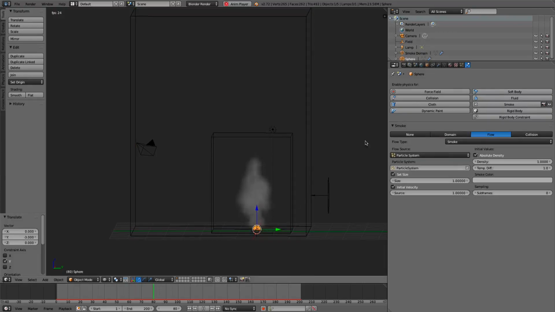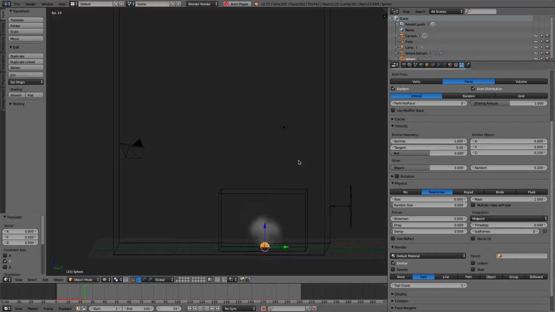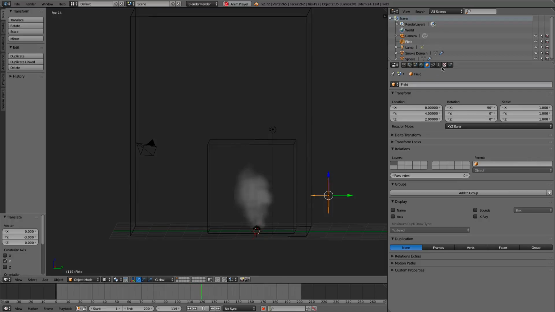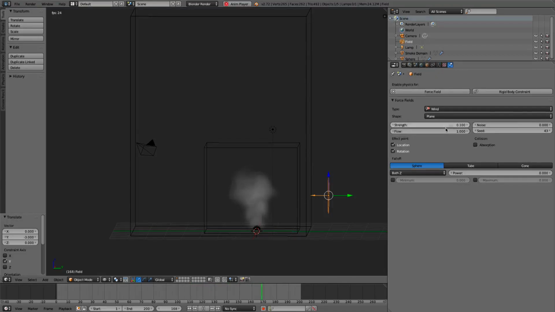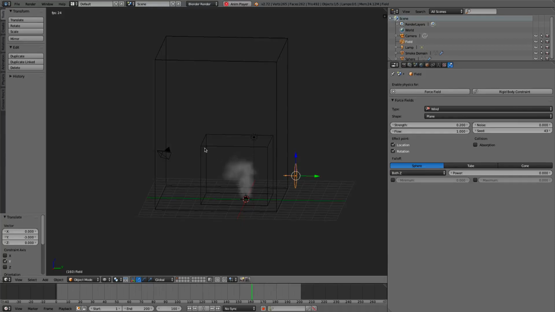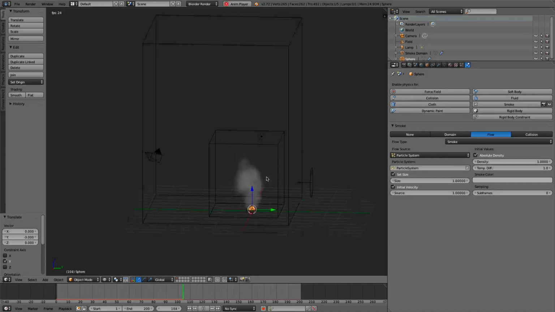So there we go. It changes back to 2.5, so it's not moving up a ton, and that's pretty good. Give this a little bit more strength. Alright, cool. So it looks good for our smoke. Maybe we'll give it a little bit less. This really takes some tweaking just to get your smoke looking how you want.